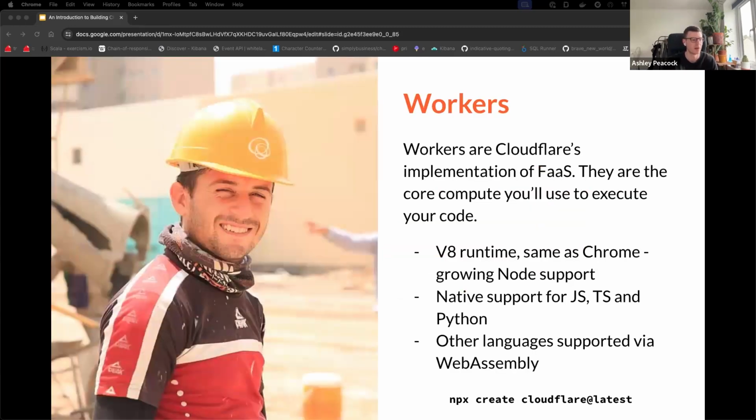I'm going to talk through the building blocks of the platform. They'll be very familiar. It's the bread and butter of most applications, but just applying a Cloudflare lens over them so you know what they are. And then I'll talk about some specifics of the Cloudflare platform that really make it stand out. So the first thing you'll probably see if you try building something on Cloudflare are called workers.